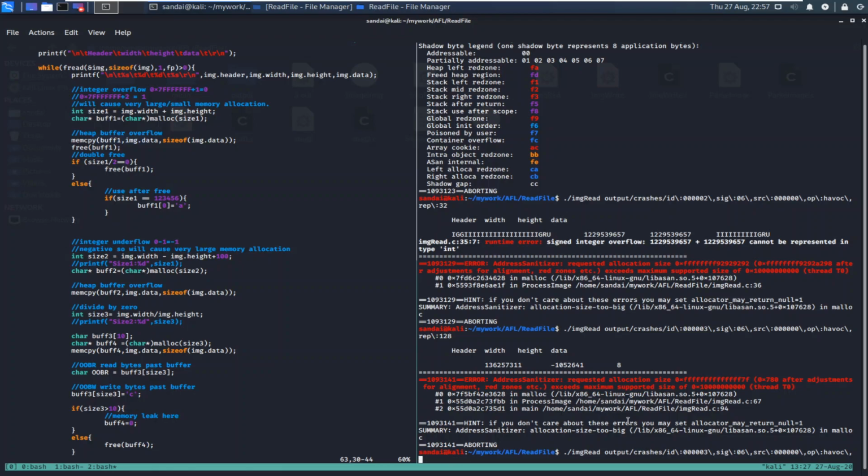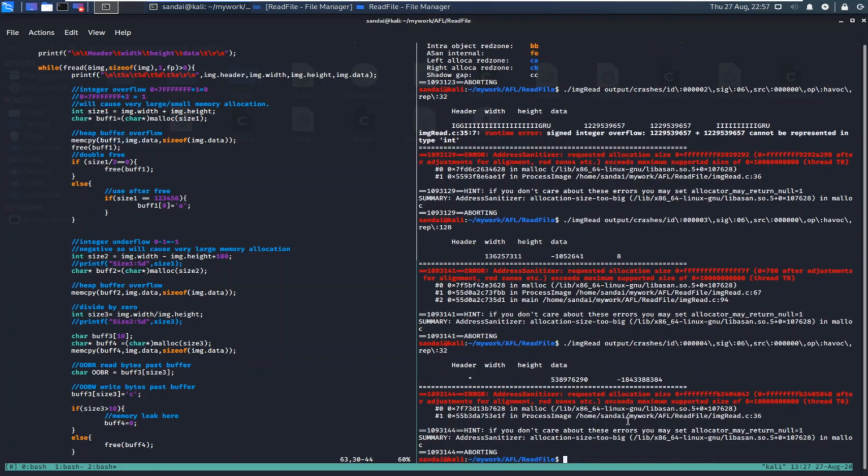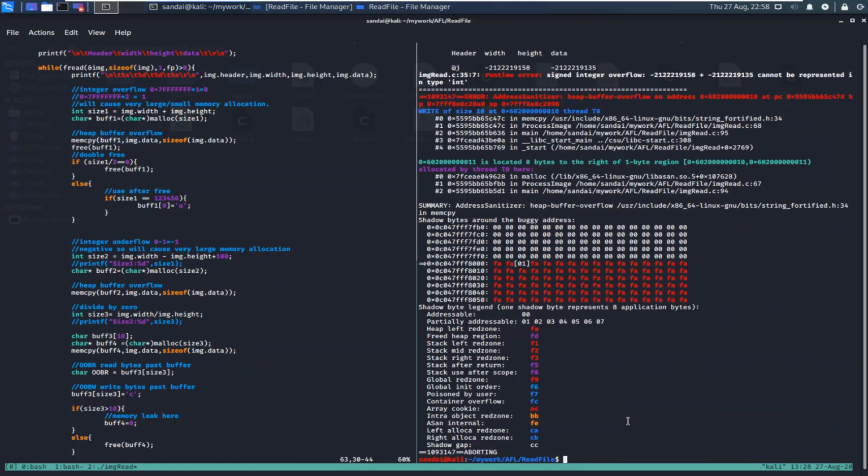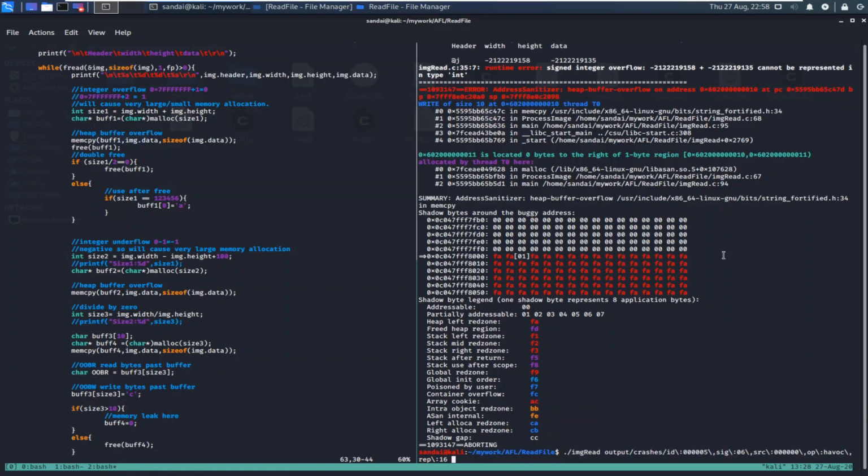Let's see one more crash. So I'm not going to debug this issue right now, we'll debug it later on. I'm just going to see what kind of crashes we are getting. Okay, there is one more crash at line 36. So this is an integer overflow issue. That was 4, let's go and see 5. Okay, this is a heap based overflow. This is again at line 68. I think we have already seen that.